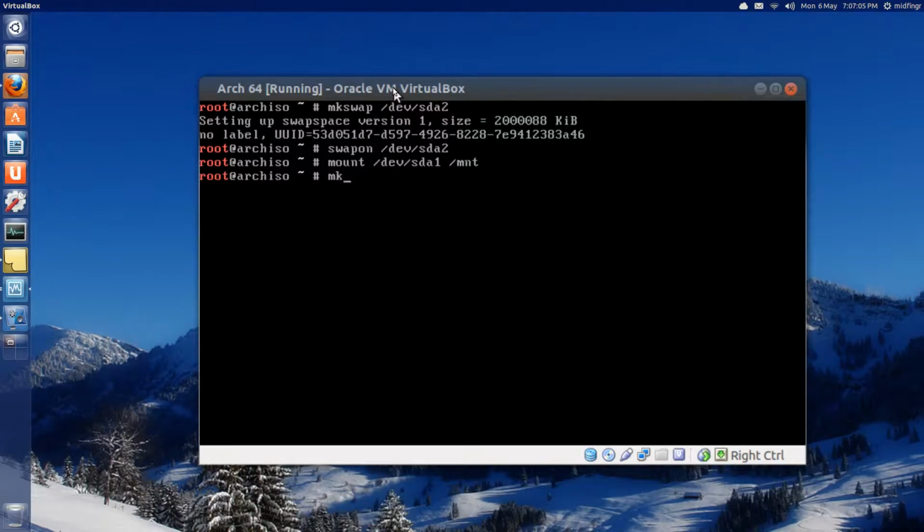Now we're going to mkdir, make a directory, /mnt/home. Now we're going to mount /dev/sda3 to /mnt/home. We're done. Okay? So now we have our partitions made, our file system made, and the partitions mounted and ready